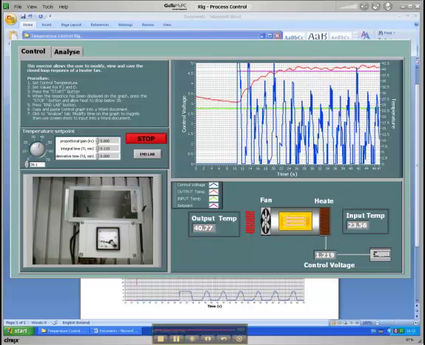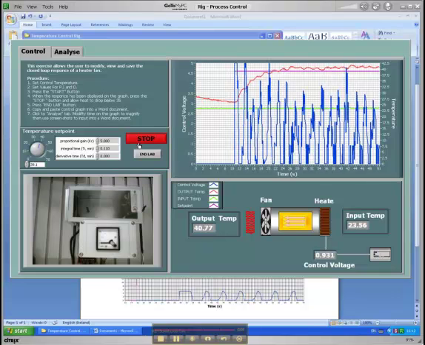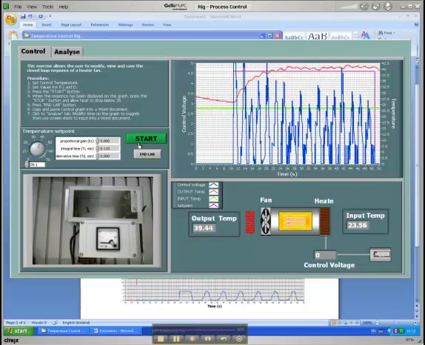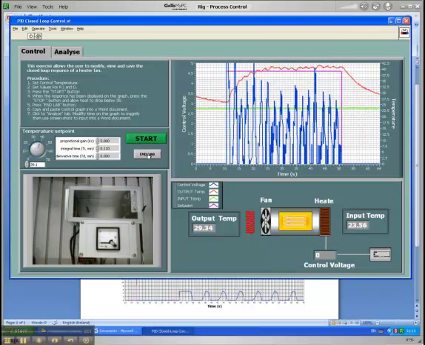Once we're happy with a large enough graph, we can stop the system and allow the temperature to drop below 35 degrees. I'll just end lab, and from our data we can copy